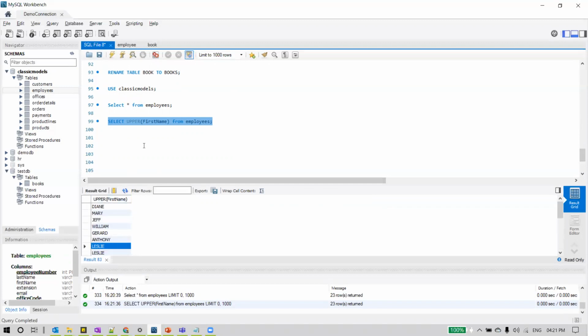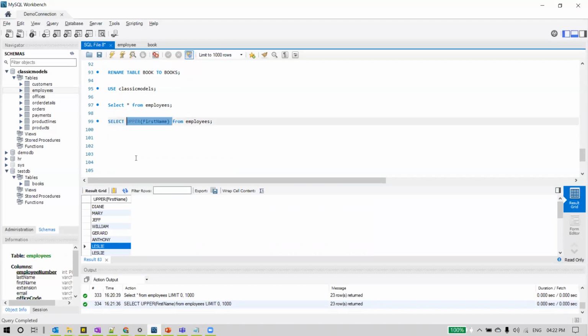All the characters are turned into uppercase. And this is not persisted onto the database. We are not modifying the data on the database. So remember, data is modified only when we use the update statement. Whenever you use the select statement, it is only for retrieving or reading the data from the database. So there is no modification or write onto the database. It is only read when we use the select statement. And this is only for our readability.